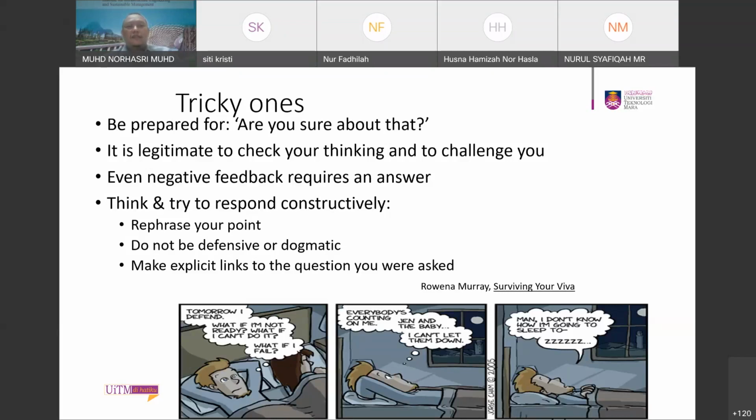Don't give negative feedback. For example, if this is your work and nobody is doing it now, yes, maybe that is your finding, but again, politely explain what your finding is. And again, respect your panels. That is the most important thing. Do not be too defensive, but not too overconfident, not too aggressive. Just come and present as usual.